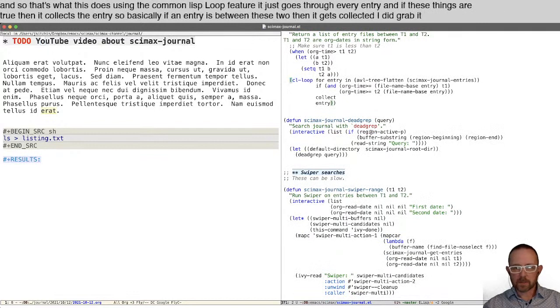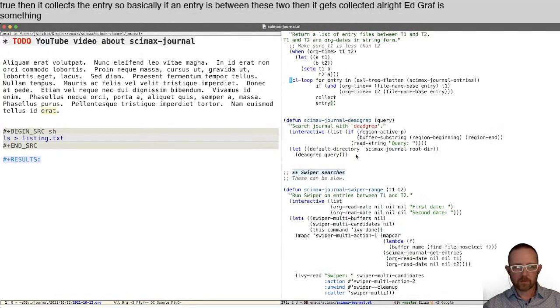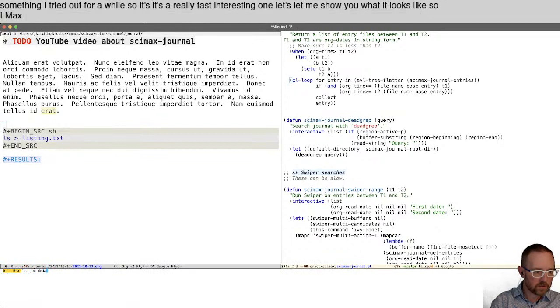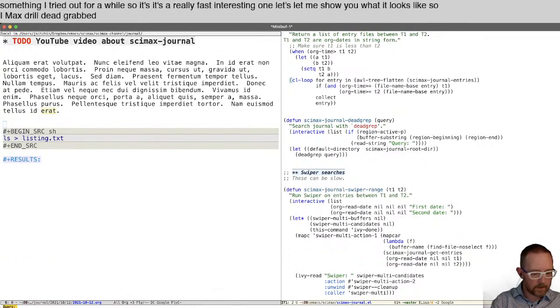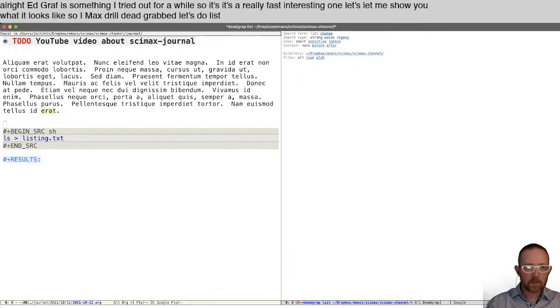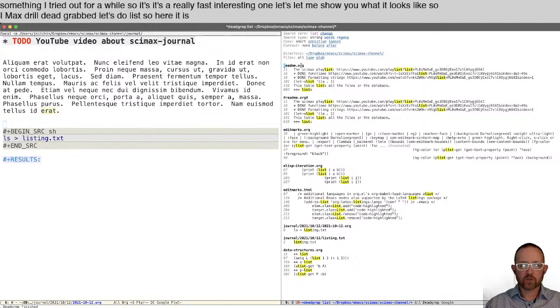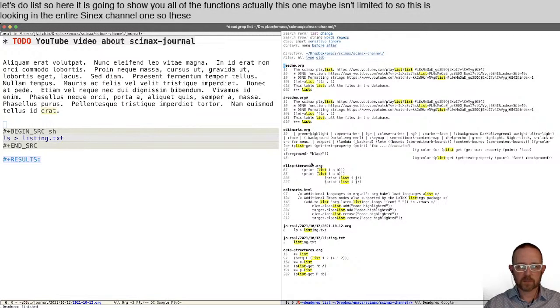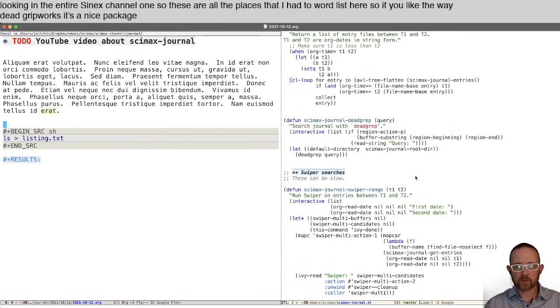All right, dead grep is something I tried out for a while. It's a really fast, interesting one. Let me show you what it looks like. Scimax-journal dead grep. Let's do list. So here it is going to show you all of the functions. Actually, this one maybe isn't limited to, oh, this is looking in the entire scimax channel one. So these are all the places that I had the word list in here. So if you like the way dead grep works, it's a nice package you can install from